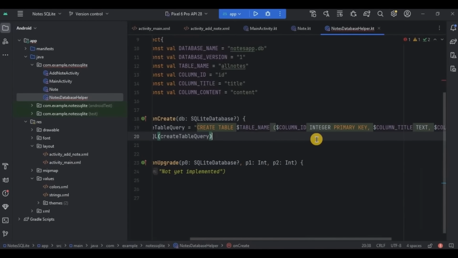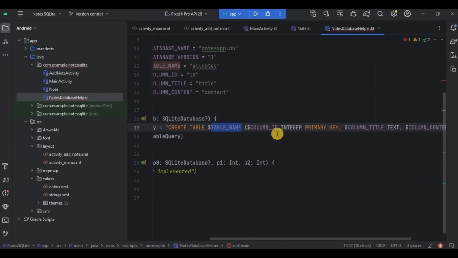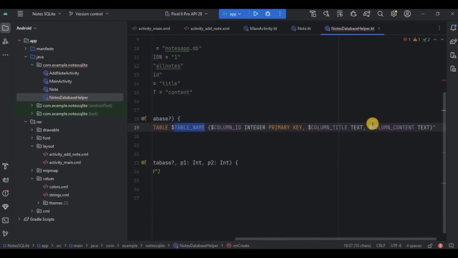And done. See, I have changed the variable name. Then this is what create table looks like. The words which you see in orange color are the predefined syntax like create table. Then I have mentioned the table name. And then inside it, I have mentioned all the columns with their data types like column ID as integer,